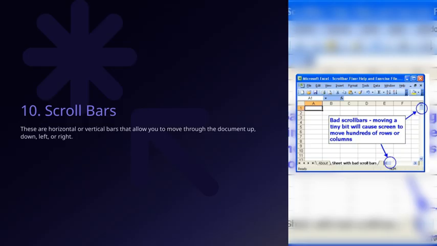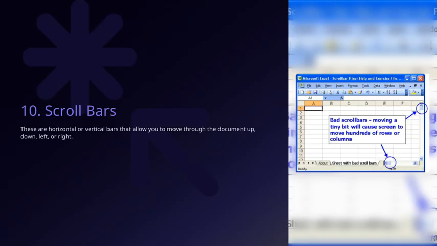mouse wheel or keyboard. The key point here is that scroll bars make it easier to access information that's outside the current view. They're especially useful when dealing with large amounts of data or lengthy text. They connect to the overall theme of efficient navigation within digital documents, ensuring you can work more comfortably and effectively. So, whether you're reviewing a report or browsing a web page, understanding how to use scroll bars enhances your overall